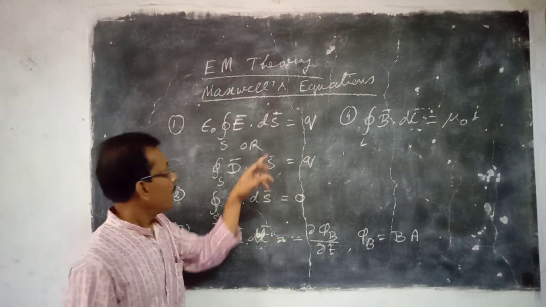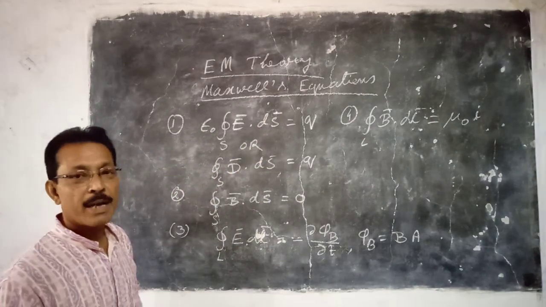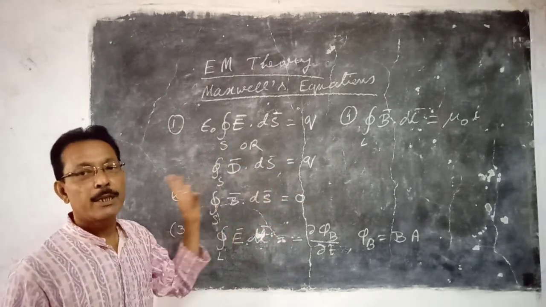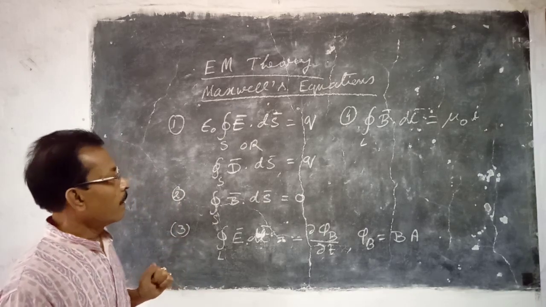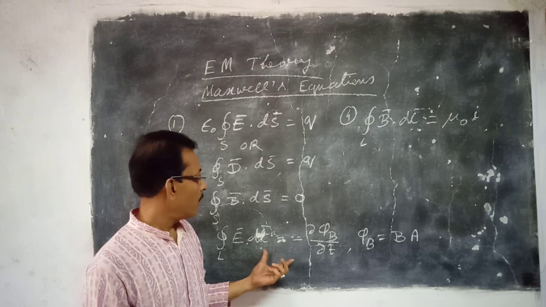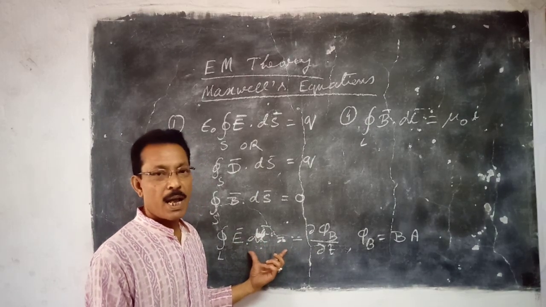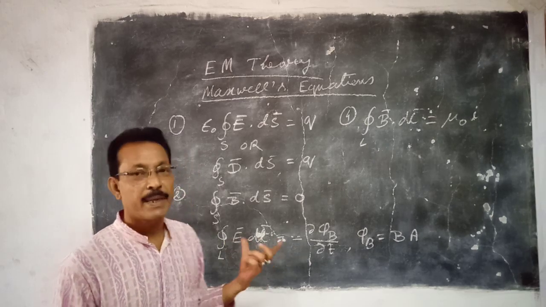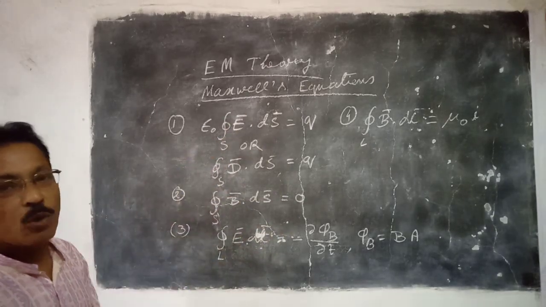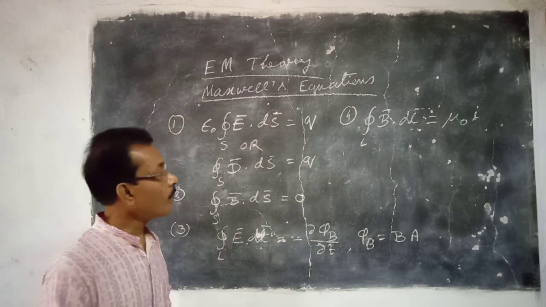These 4 equations together, 1, 2, 3, 4, are called the Maxwell's equations, and these 4 equations can explain all the phenomena of electromagnetism. Maxwell was able to find the speed of the electromagnetic wave, as well as establish the wave character of the electromagnetic radiation by the application of these 4 equations. That's why they are together called the Maxwell's equations.